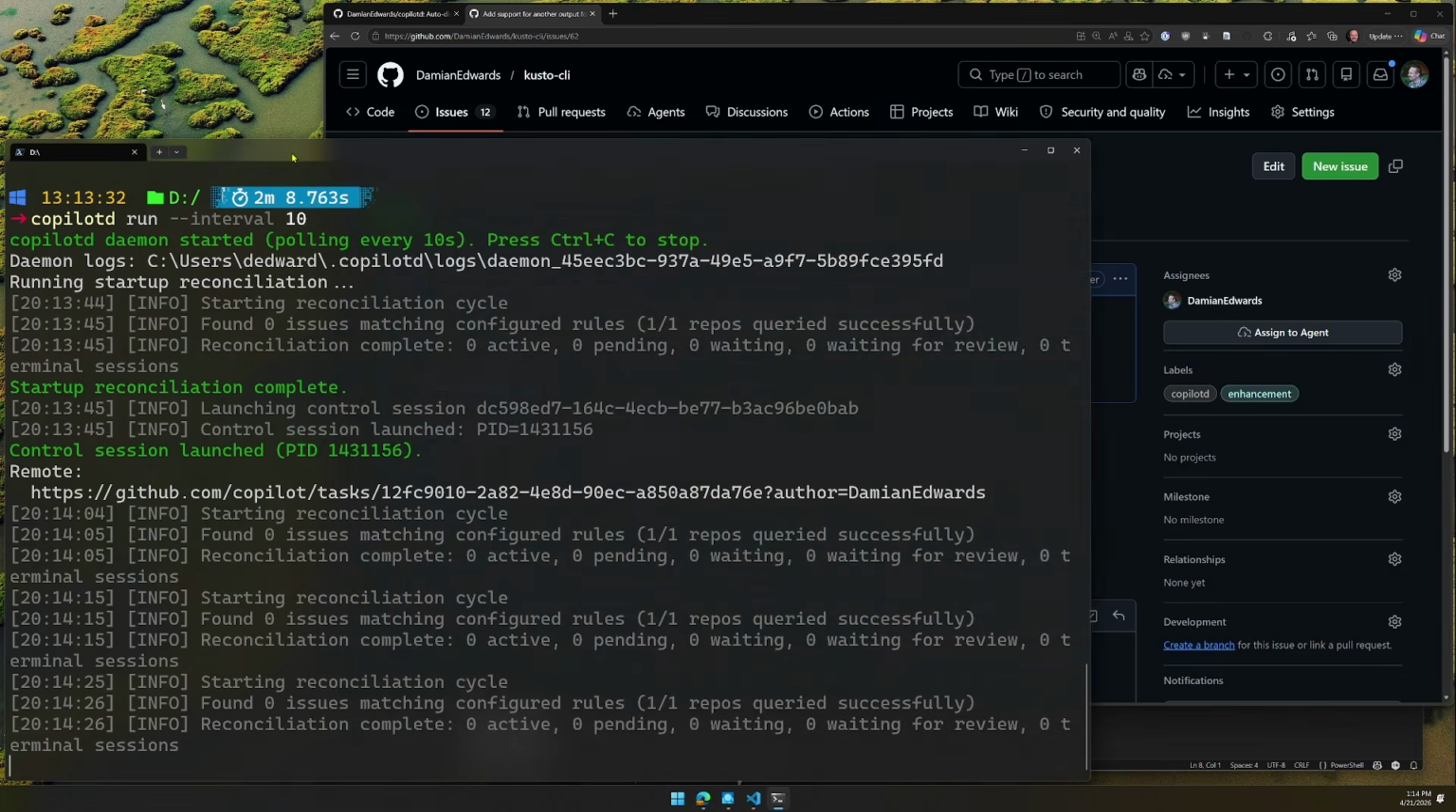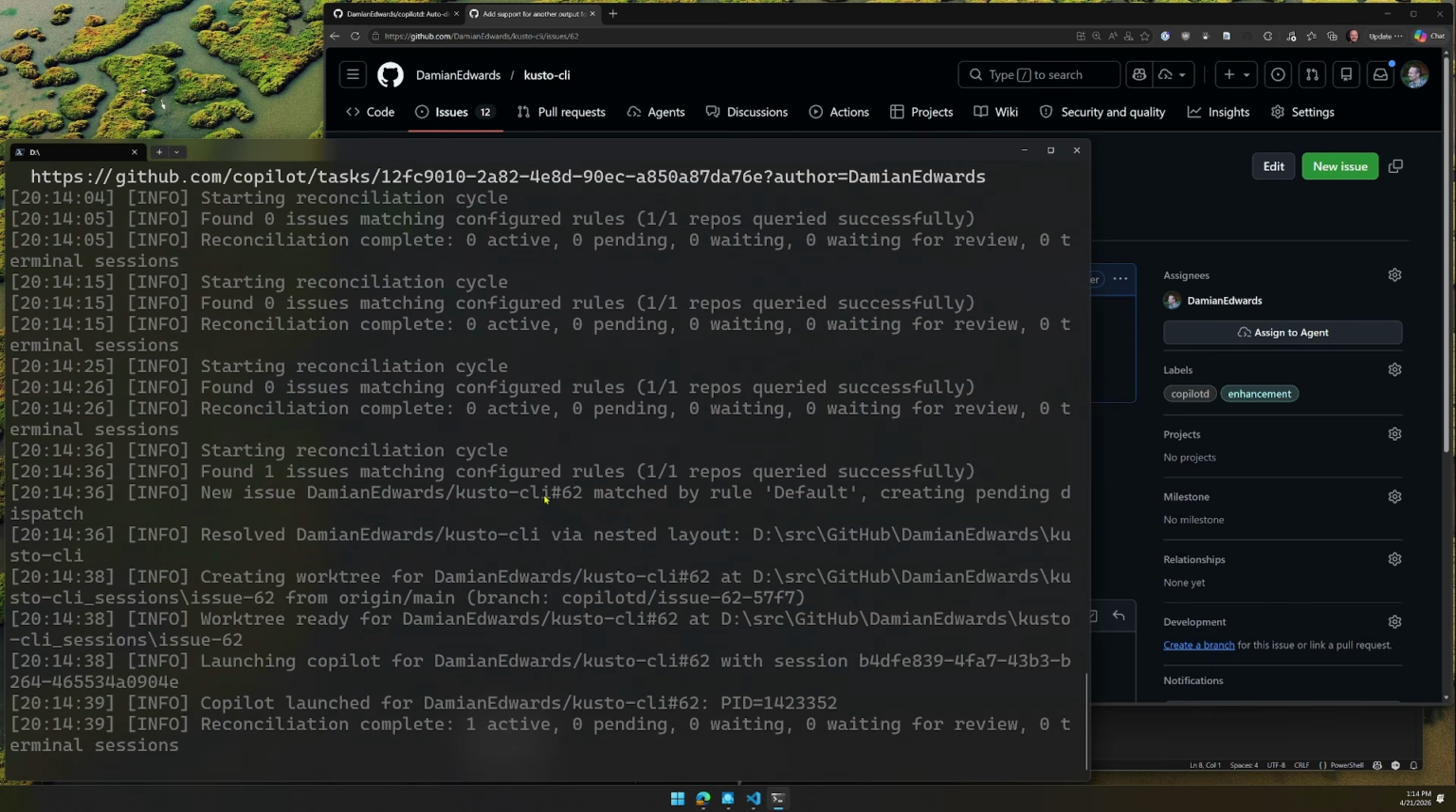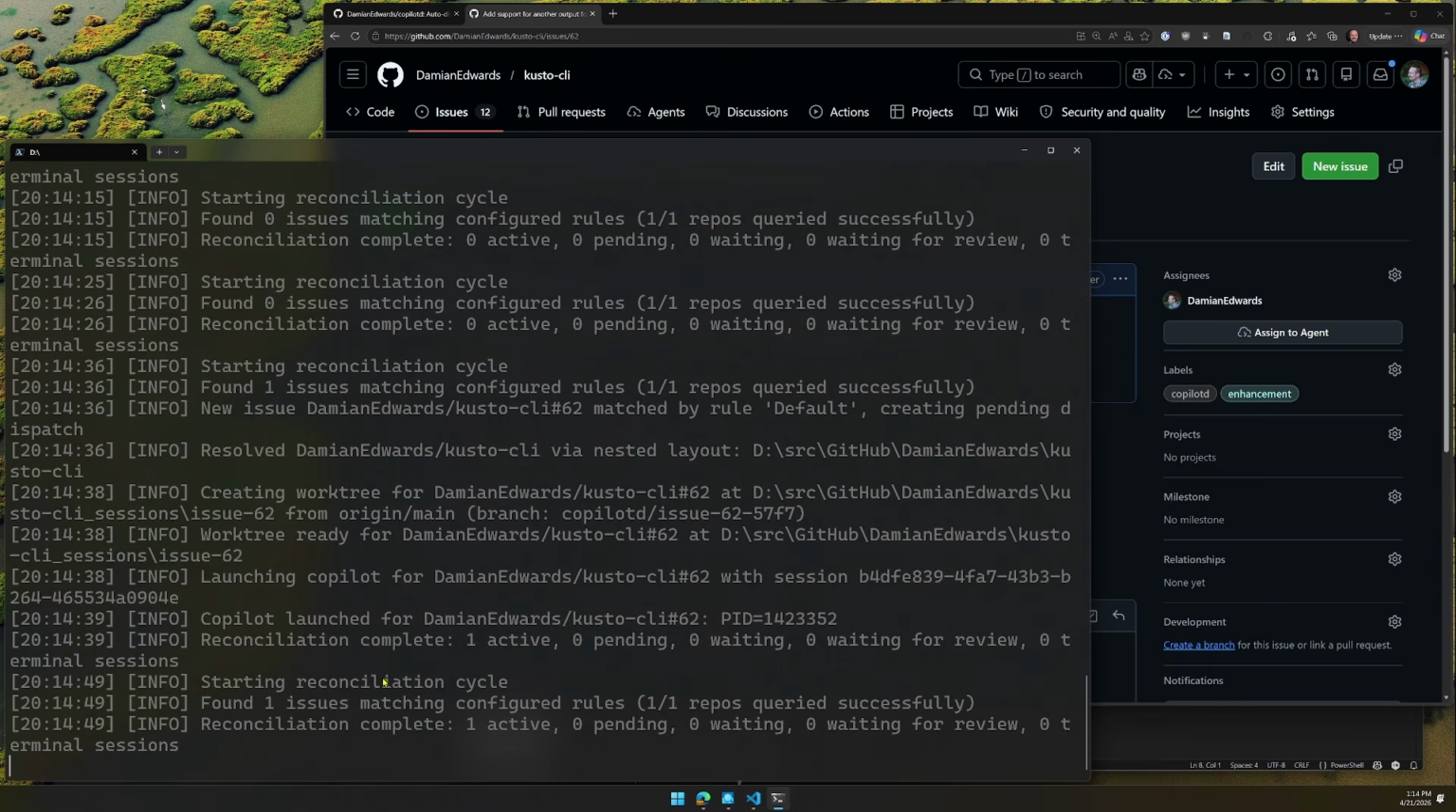So now on the next reconciliation cycle, once those changes are acknowledged, what we should see is it will detect that issue, and then it will go ahead and start up an instance. So we can see here it's found one new issue matching it. It's created a session here named after the repo and the issue matched by the default rule. It's created a worktree. That worktree is ready, and it has gone ahead and launched Copilot, ready to start working